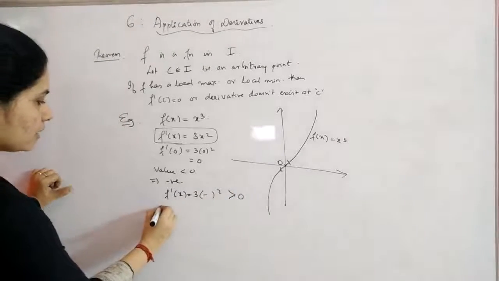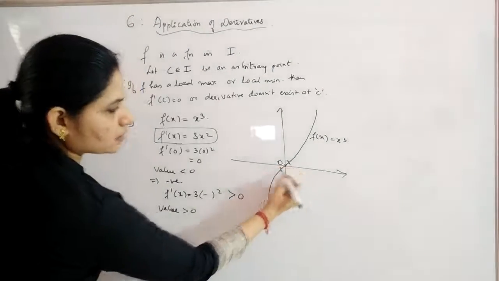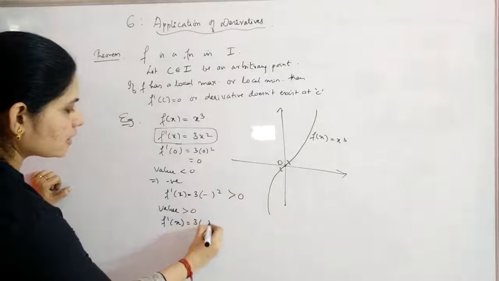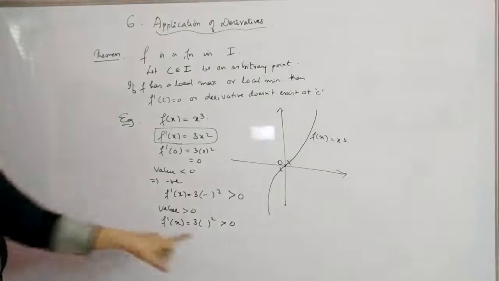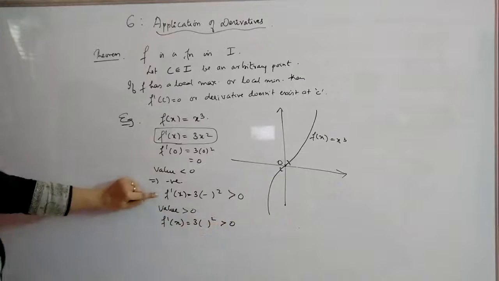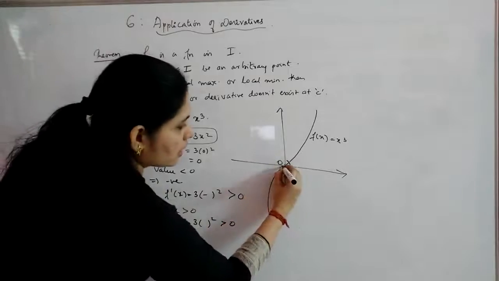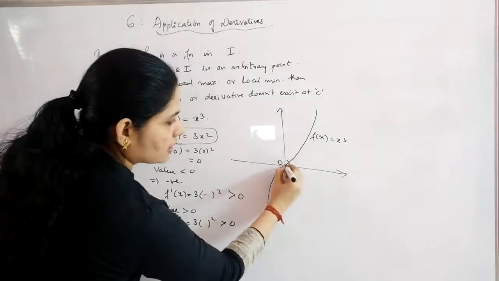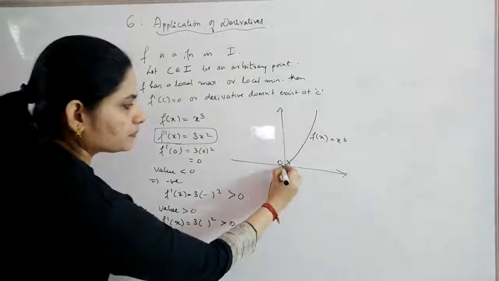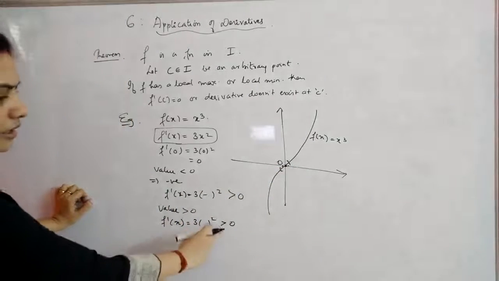Now again, if you are taking a value which is greater than 0, that means we are checking its neighborhood at this point and this point. At that point also, f dashed of x gives you 3 into a positive quantity, and the whole square will become positive. Here also it will give you positive. So in both cases, f dash is not changing its sign to the left of 0 and to the right of 0. Understood how we are choosing a point here and a point here, to check whether this point 0 is a point of local maxima or not? At this point you are getting the derivative greater than 0, and at this point also you are getting the derivative to be positive.